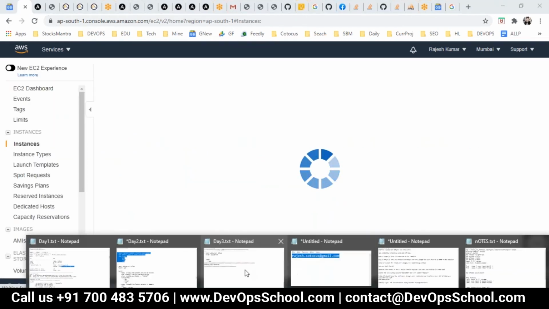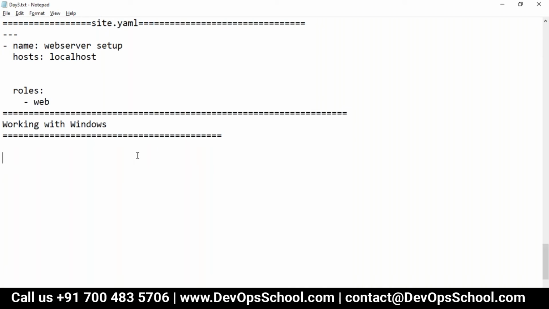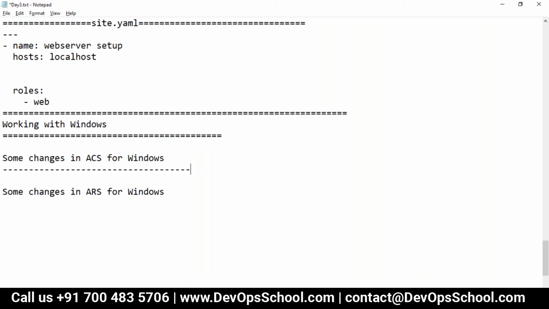Now, in order to set up Windows, there are some changes you have to do in ACS for Windows, and some changes you have to do in ARS for Windows. Which are the commands you have to do in ACS, and which are the commands you have to do in ARS?